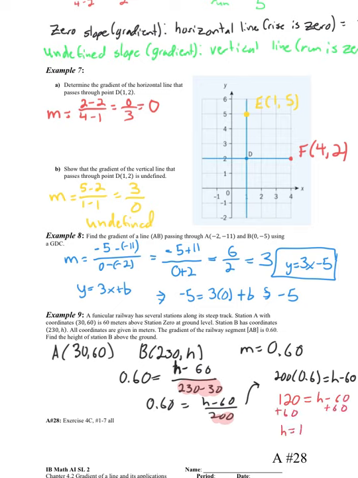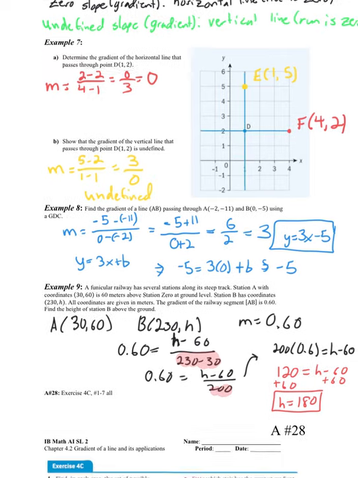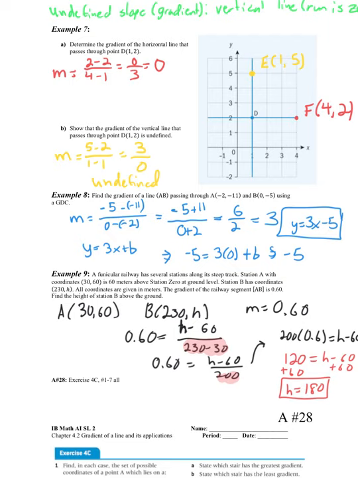And we get h equals 180. All right, should be our final height there. So we can say station B is 180 feet, no, meters. Station B is 180 meters above ground. Okay, well,